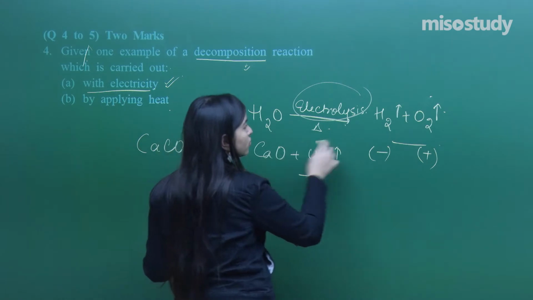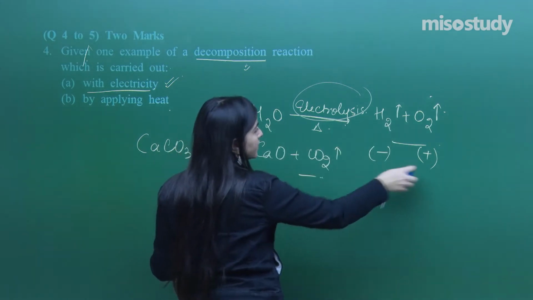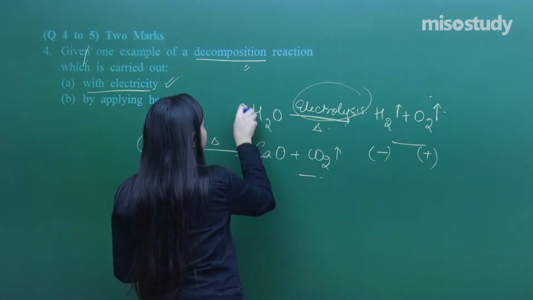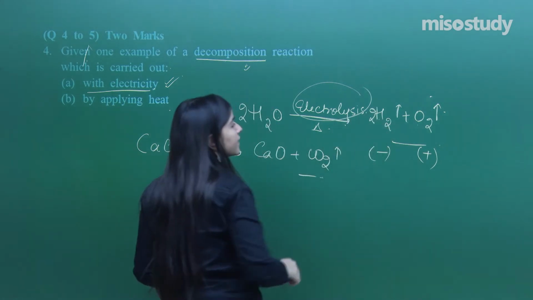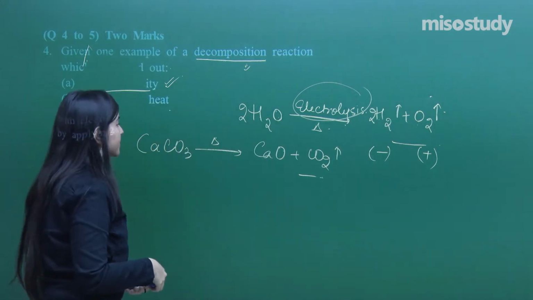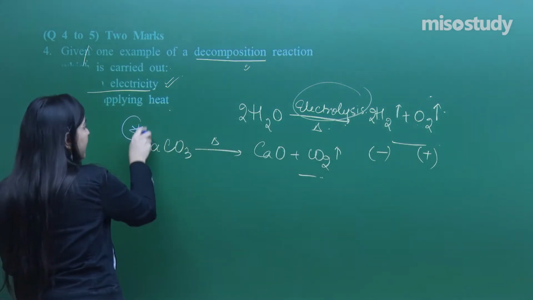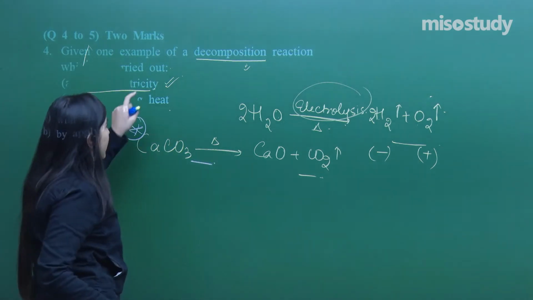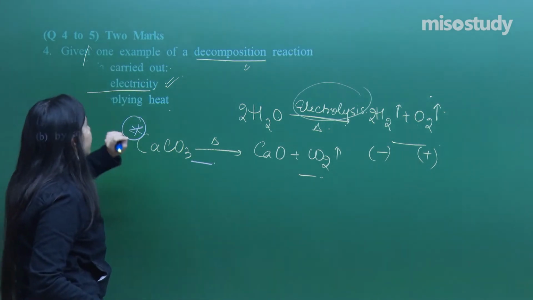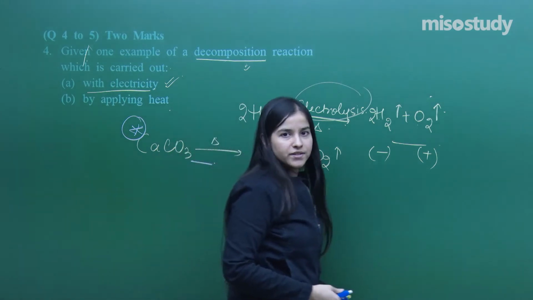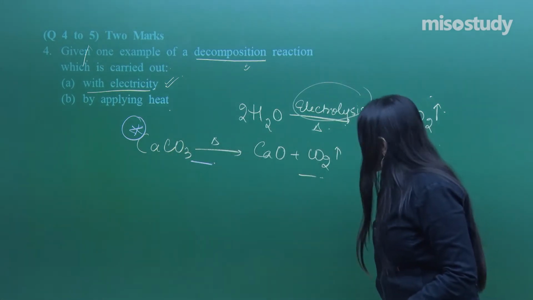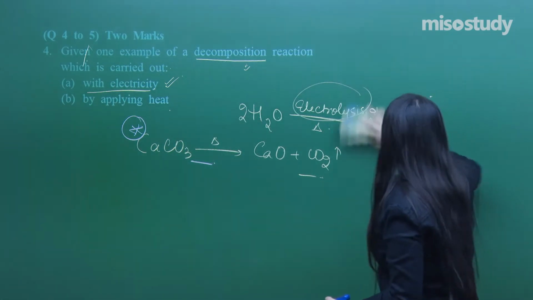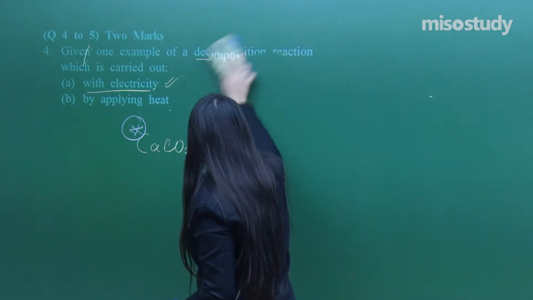And while representing this particular reaction, this is not balanced, you have to balance it out as well. So hydrogen 2, oxygen 1, oxygen 2. You need to make it 2 and you need to make it 2 from here as well. And that is why it is balanced. So on applying heat, it just decomposes, and I have satisfied both of the conditions asked in the question. Fine? I hope everybody is understanding all the concepts clearly.